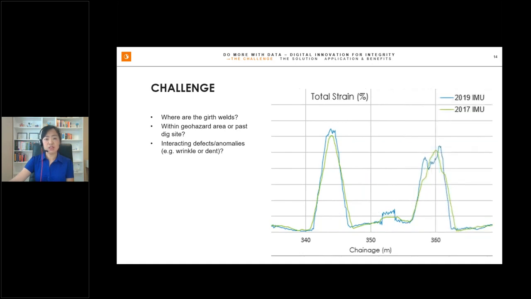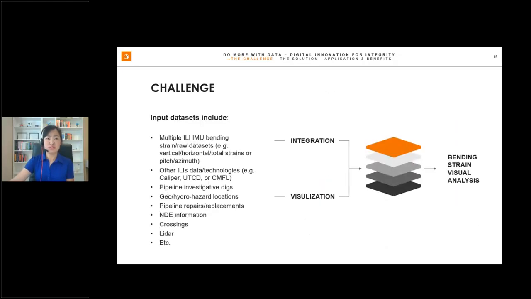Other questions you may have are, where are the girth welds located on the plots? Is that specified pipeline segment within a geohazard location or past a dig site? Another question you may ask, are there any defects or anomalies reported in this area? So with those concerns in mind, how to aggregate and visualize the data in a reliable, accurate, efficient manner is